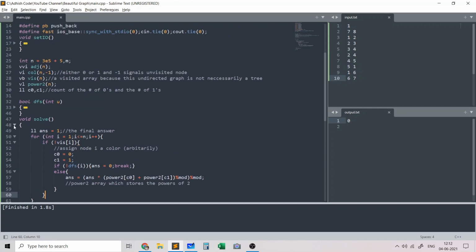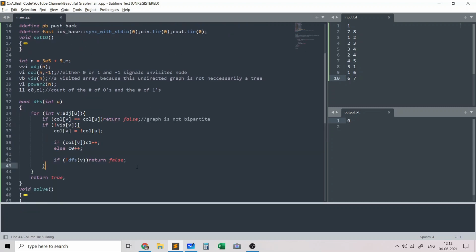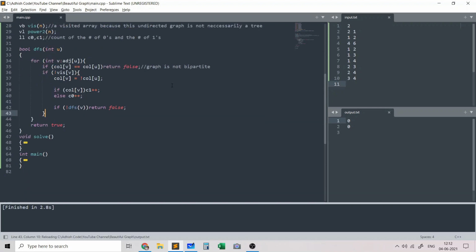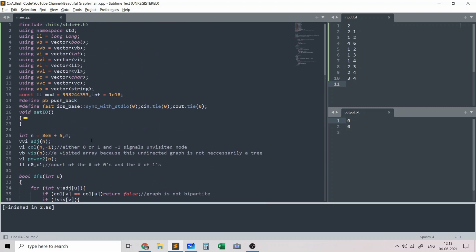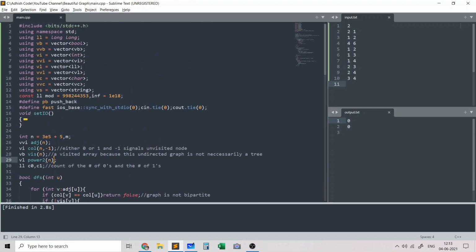And let's just run this code to see that it should give the correct output. So this is the sample test case. And there's a small mistake. Yeah, the mistake is I need to initialize powers of 2 with 1 because 2 power 0 is 1.